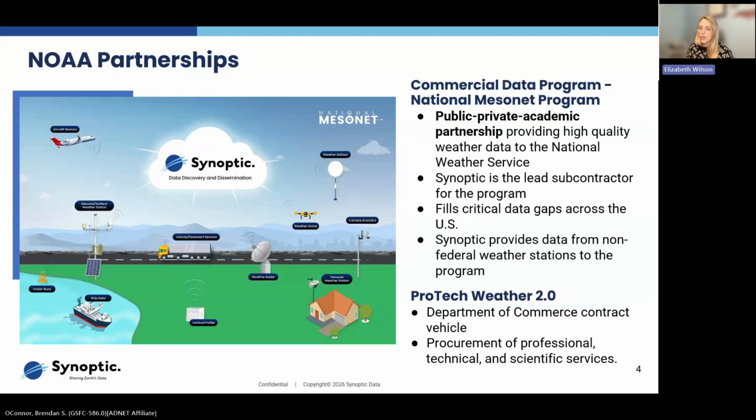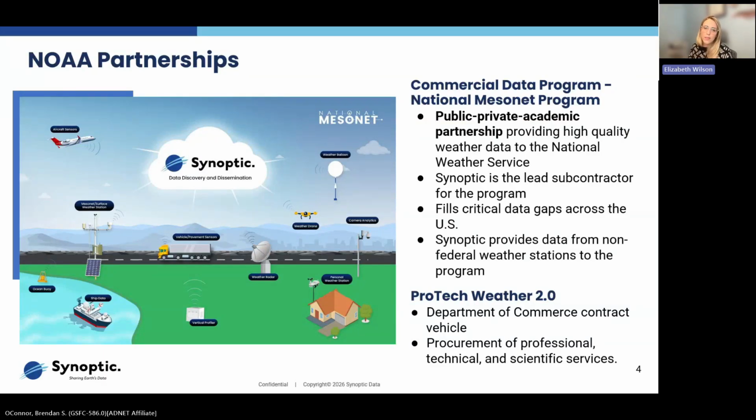So just a little bit about how we work with NOAA. I think probably one of the reasons why Brendan and the GLOBE program came to us initially is we work very closely with NOAA and the National Weather Service here in the US. Two of the main ways we do that is through the Commercial Data Program, the National Mesonet Program. That is a public-private academic partnership where they are licensing data from about 57 non-federal data partners in the United States.